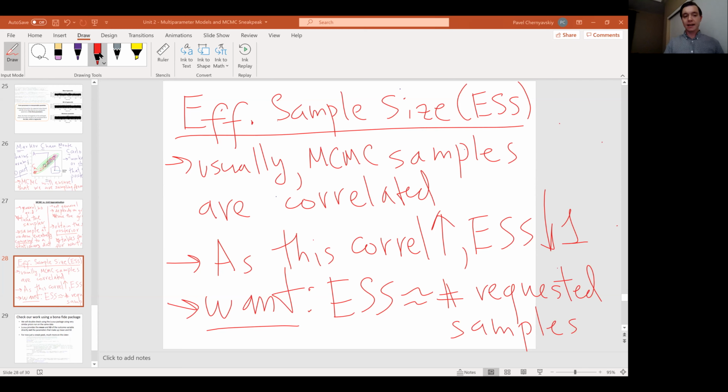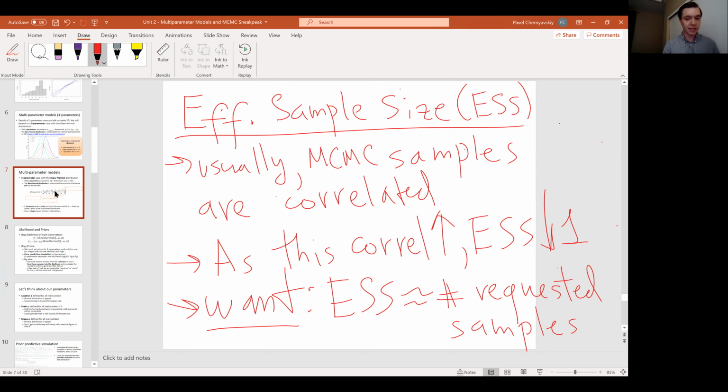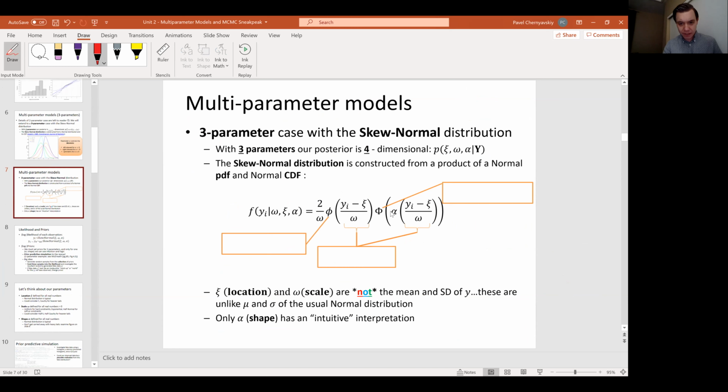The next thing, again staying in correlation world, is that we can look at how correlated our 3, or however many, parameters are. This is the correlation of Xi with itself, omega with itself, and shape with itself. This is basically the correlation matrix of all of our parameters. Here you're unlikely to see zeros, because if we go back to the beginning, where I listed the PDF, the probability density function of a skew normal, you can see, for example, inside right there,